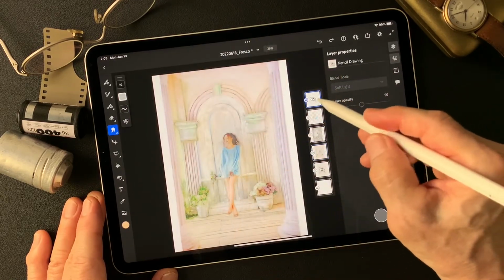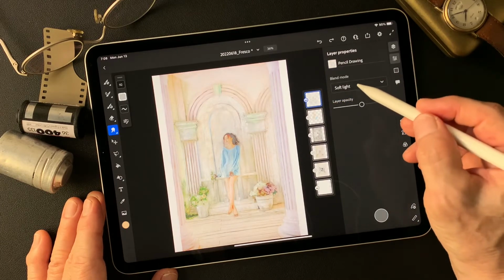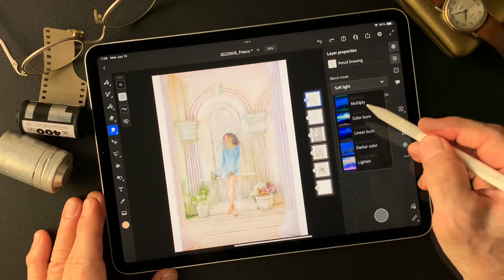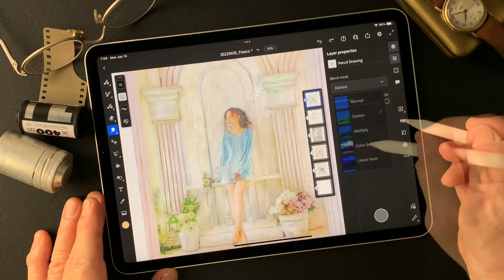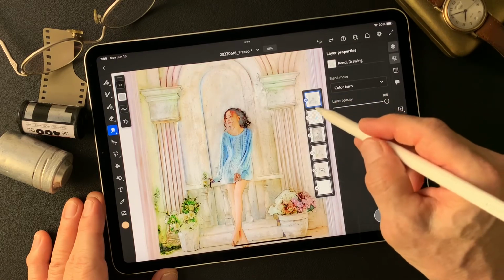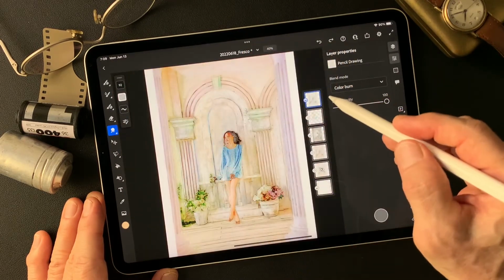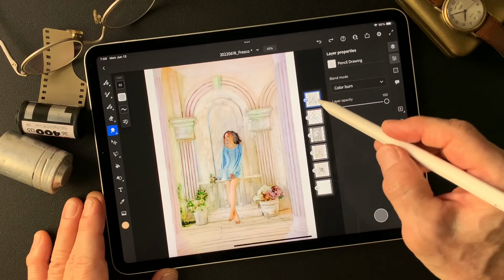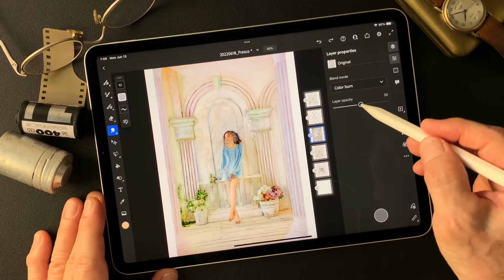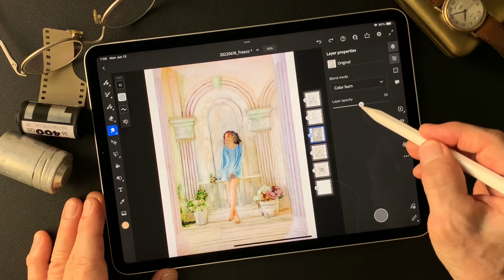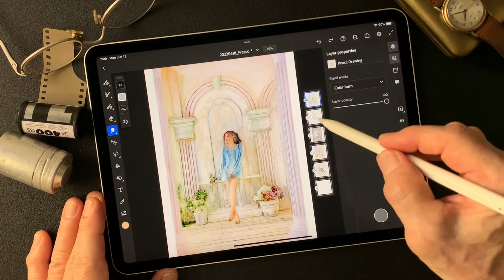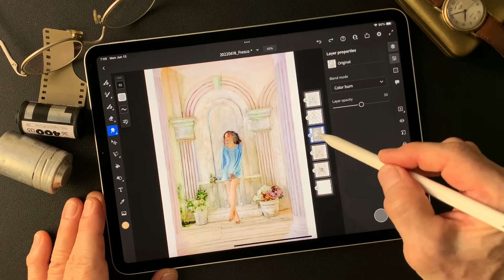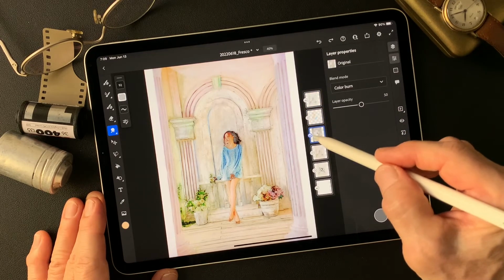I want to turn on this pencil drawing type image, then change the blend mode to darken. Of course, it shows the lines. Kind of muddy colors, huh? Well, let's see, just leave it this way, and this is the color burn effect on the original image. This is the luminosity effect layer as a base image. Now about this smudged color, the smudged original image, kind of muddy